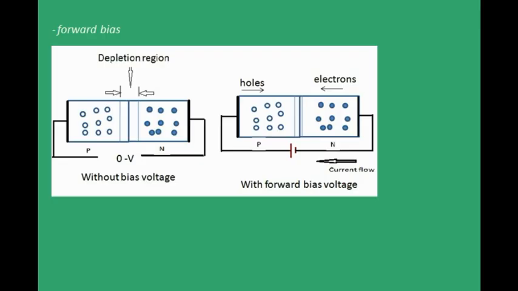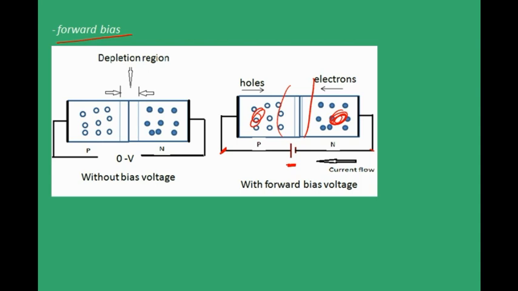Let's move forward. When the P type of the PN junction is connected to the positive plate, that is the plate with higher potential, and the N type is connected to the plate with lower potential, that is known as forward bias. Most of the potential that is applied externally drops in this region only, because the semiconductor material does not have appreciable resistance, so much of the potential drops in the depletion